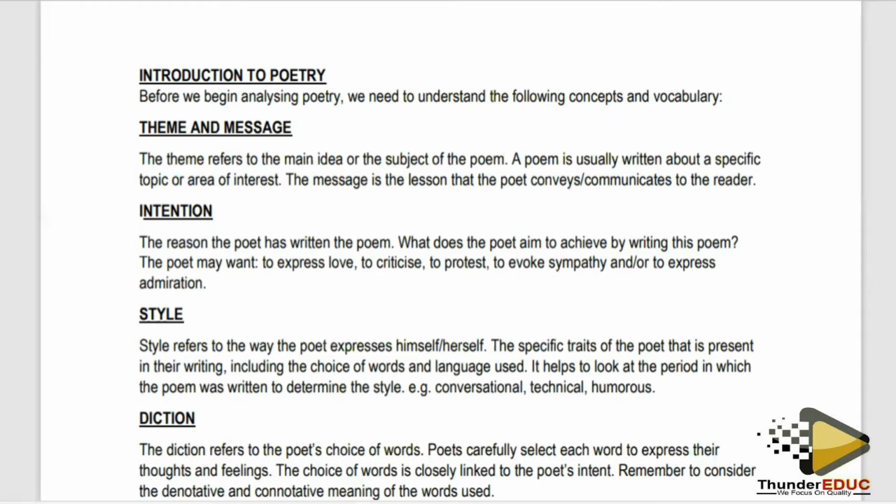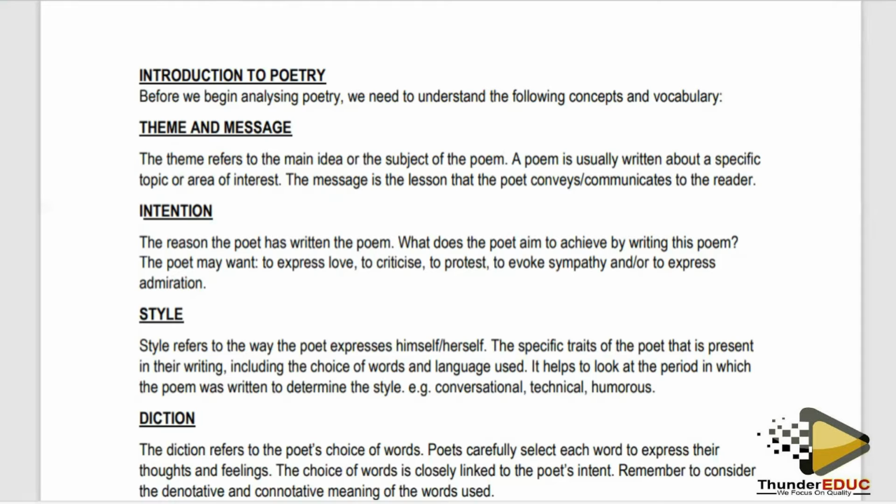The intention of the poem is the reason for the poet writing this poem in the first place. What is it trying to achieve? Is it to express love? Is it to criticize? Is it to educate? Is it to outline? Is it to emphasize? Is it to evoke sympathy? Is it to admire? So we must be able to do all these things, create awareness. So all these things must be out in the open to say, what is the person really trying to do